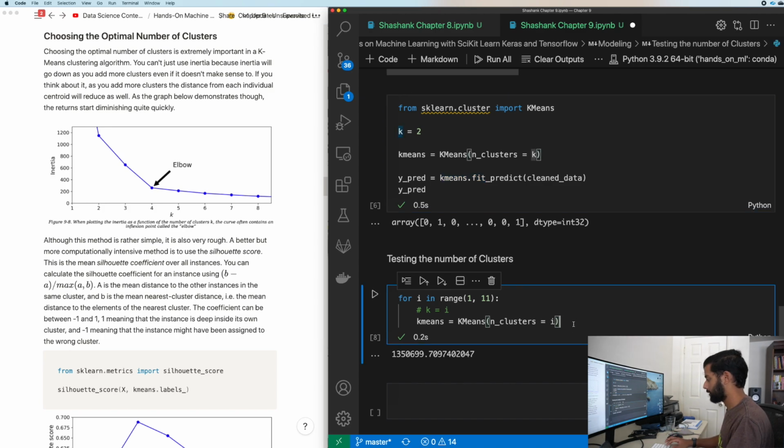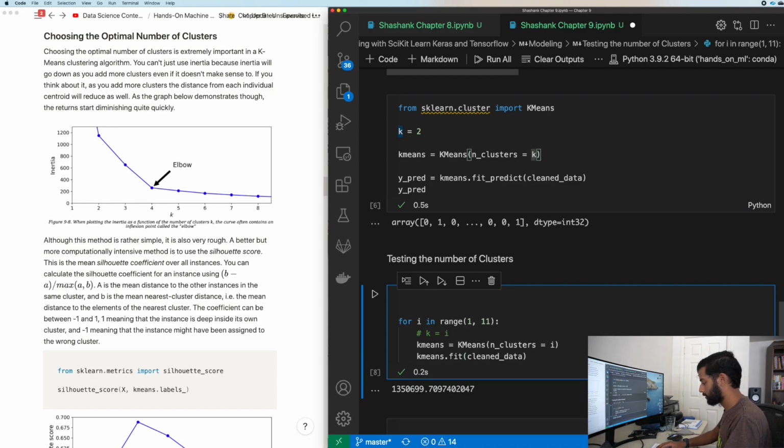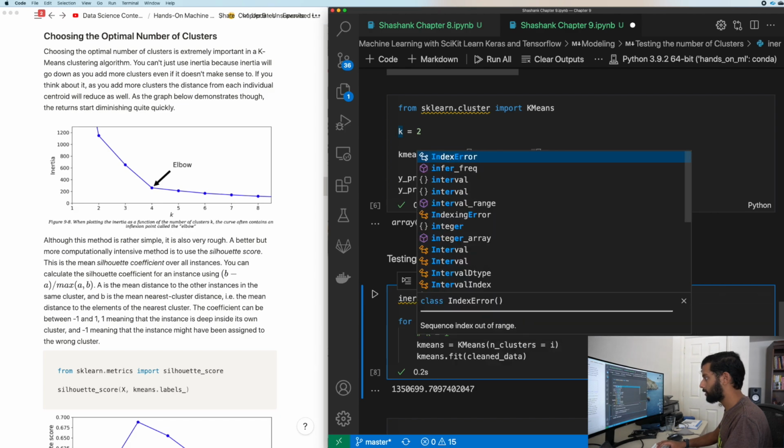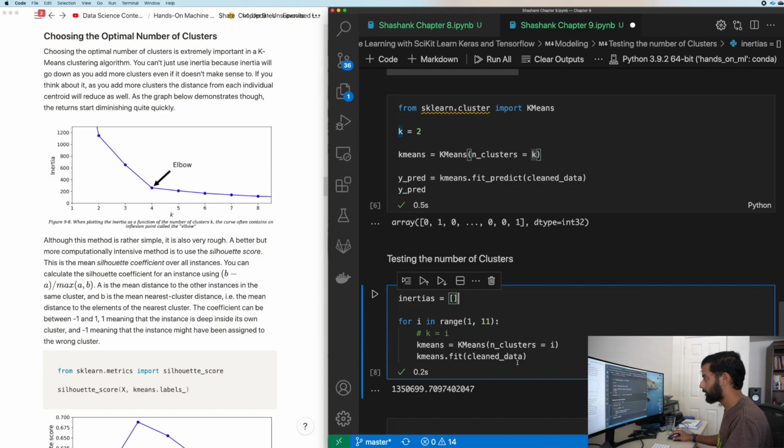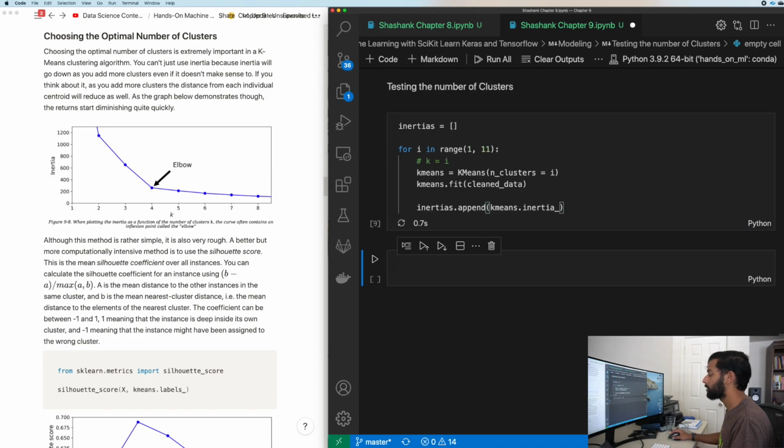We don't have to do the predict. Clean data. And then let's attach our inertias. So kmeans.inertia_, and we actually want to append this, so we're going to create a list of the inertia values. Let's run this over here.